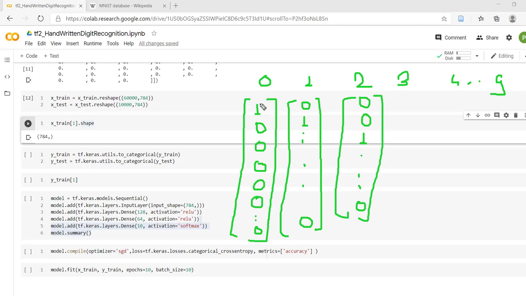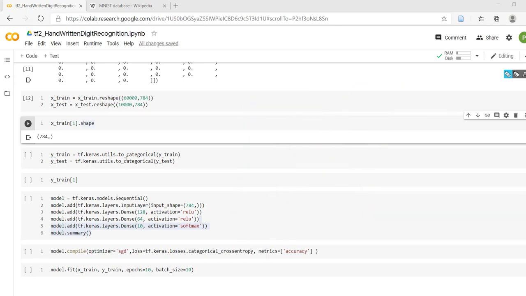Because in our neural network we are expecting 10 neurons in the last layer, and only the neuron corresponding to that number will be fired. Means only the 0th position element neuron will be activated, rest of the elements will be 0. Same is true for first. So the first position element neuron will be fired up in order to indicate this is 1, not the other elements.